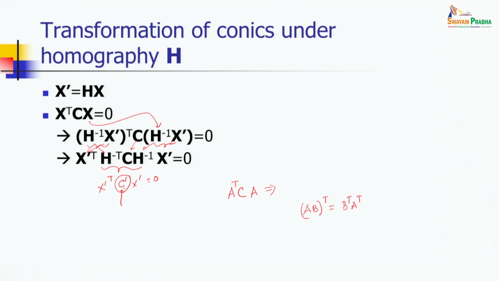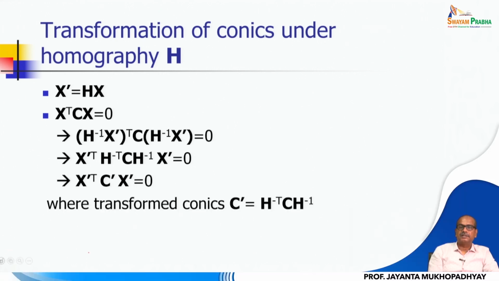So, that means a conic in the original space, after transformation, still remains a conic. Of course, its parameter values get changed. The shape of the conic also gets changed by this transformation, but it is still in the class of conics. Okay, so this is